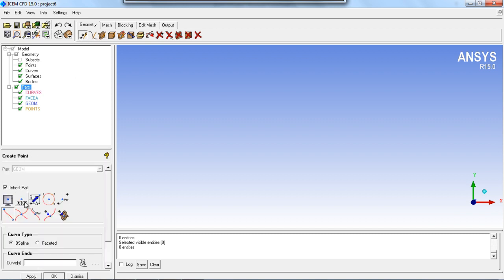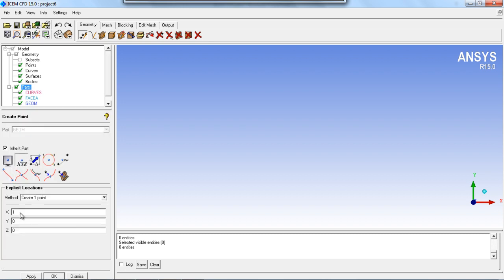again create the 3 points with the help of the xyz: x0, y0, and second one is the x1, and third is the y1 and x0, y0, x0 and the z0.